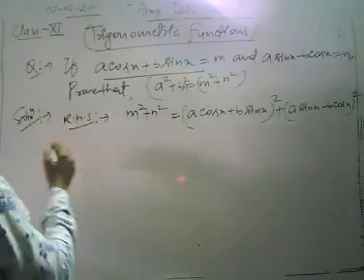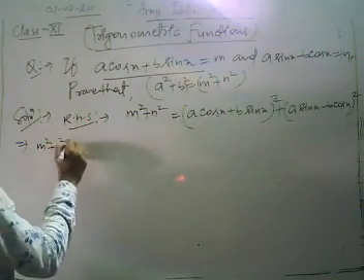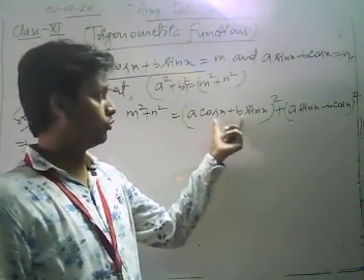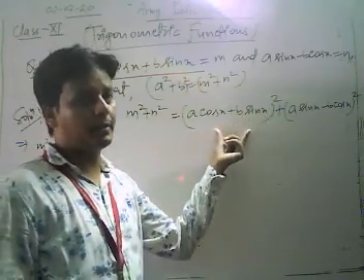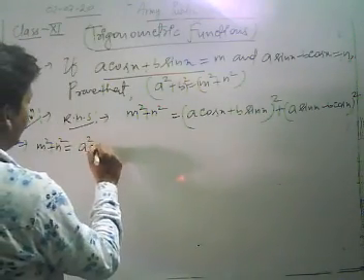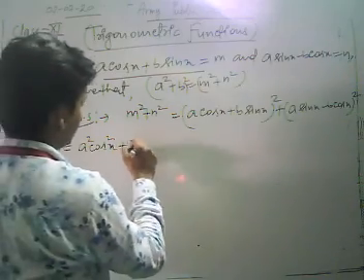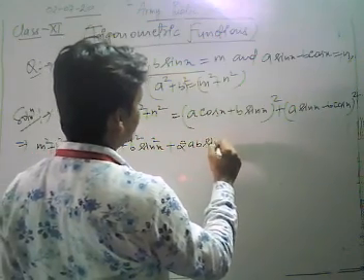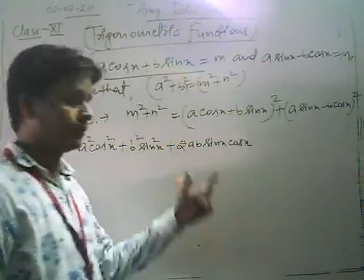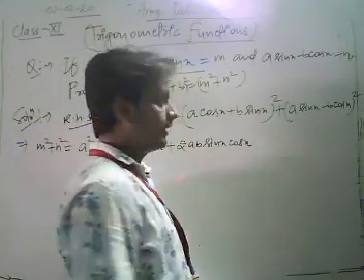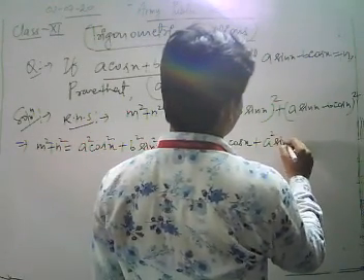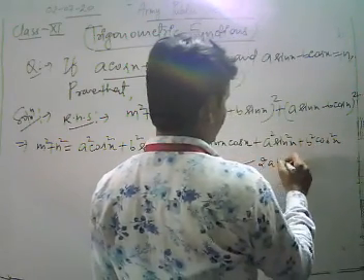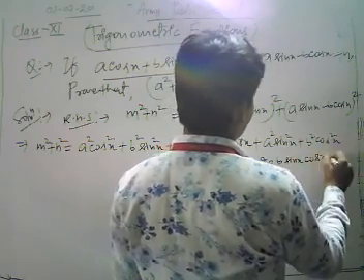Okay, so we have what? m square plus n square is equal to, we expand that using (a plus b) whole square. We get a square plus b square plus 2ab. Let's see, a square means a square cos square x, plus b square means b square sin square x, plus 2ab, that is 2ab sin x into cos x. Right, now here we expand it, a square plus b square minus 2ab sin x into cos x.